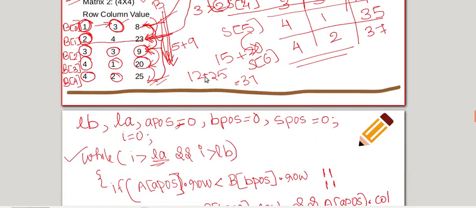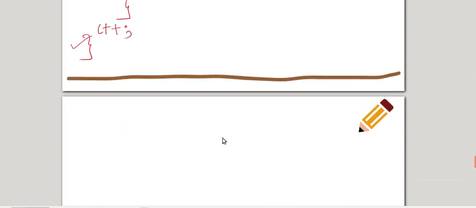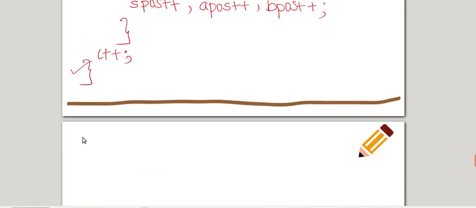Suppose the length of this matrix differs, say we have another row here like B of 5 is 4, 1, 20. If I have another row here, I'll have to copy this to here also, right? So I have to check whether actually I have reached the end. If not, I'll have to simply copy that. So for that I am checking a while. Now wherever I reached, I have the position values in A pos and B pos. So I have to check while